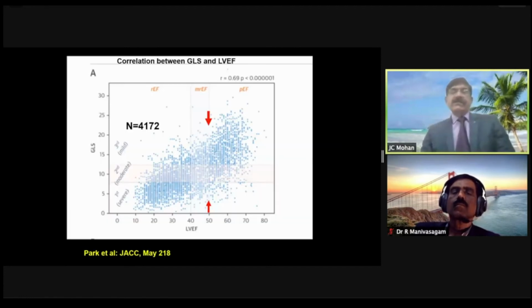disease. But keep in mind one thing, that there is a relationship between global longitudinal strain and ejection fraction. It is strong, but there is a wide variation. So let me talk about 50% ejection fraction shown in red line, red arrows. With 50% ejection fraction, global longitudinal strain can be as low as 3% and as high as 20%. That is a variation. So at both ends, the global longitudinal strain provides incremental prognostic and diagnostic value in diverse